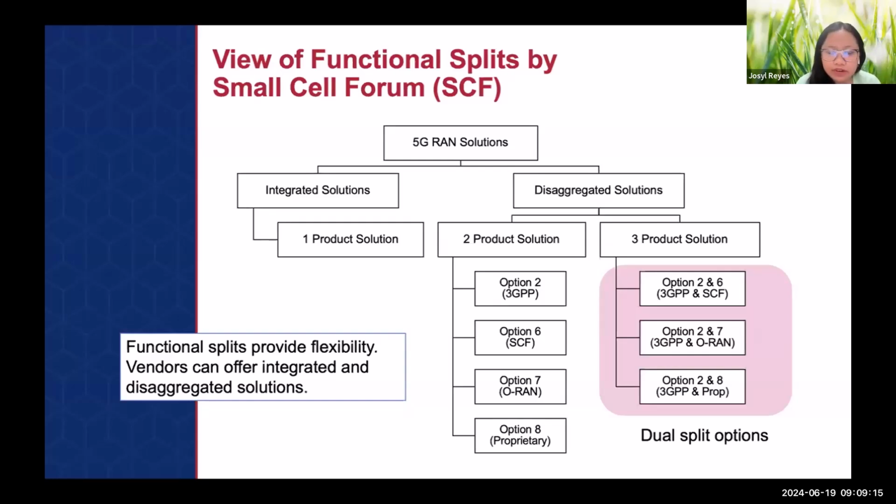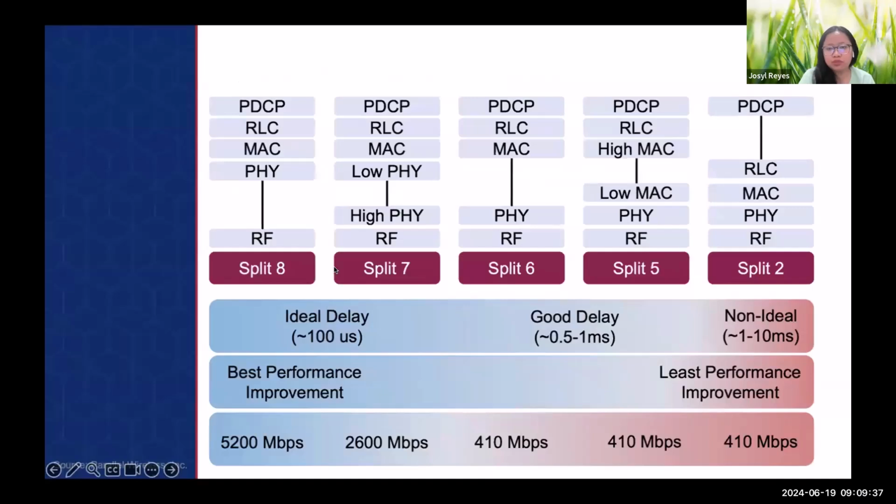I think this was briefly introduced in the previous lecture on the deep dive into O-RAN architecture, but now I hope that you got a better understanding of why there are different products here. This is coming from the vendor perspective. They offer different products, different solutions. Aside from the possible use cases, the mobile network operator can select which of the deployment scenarios best fit them, depending on the delay, the improvement, and the bandwidth utilization.